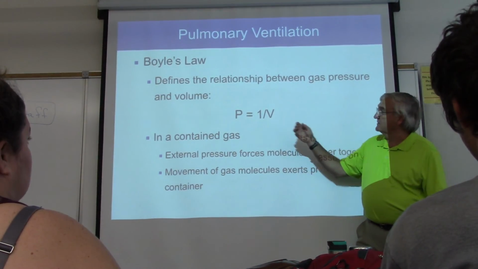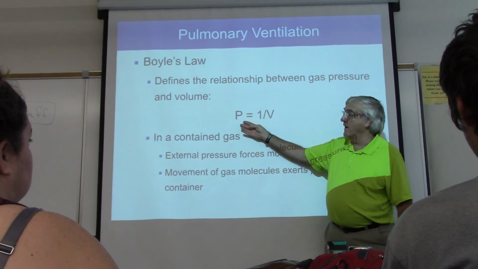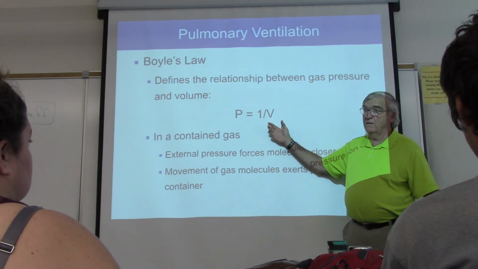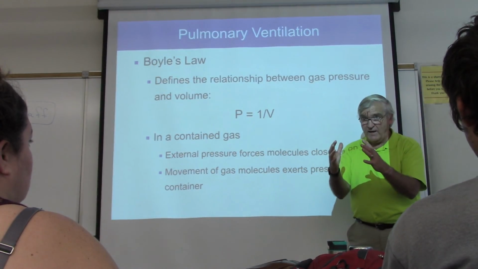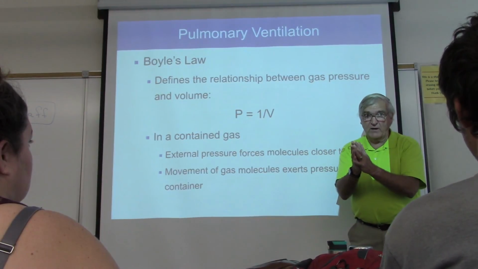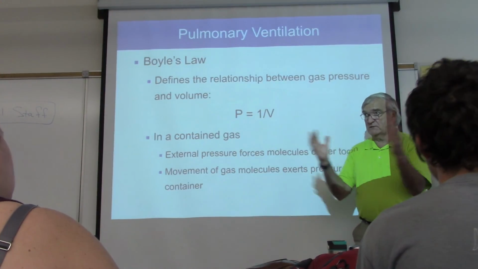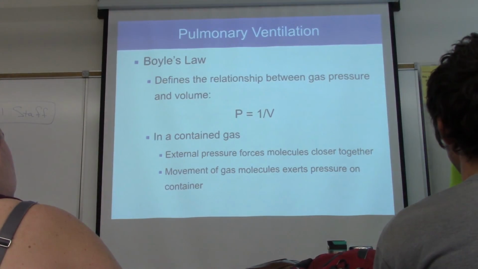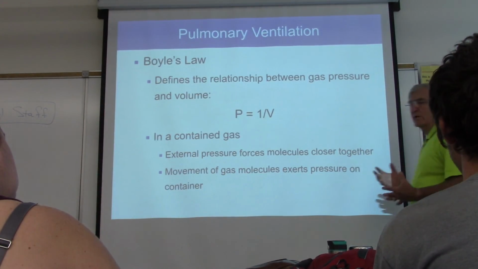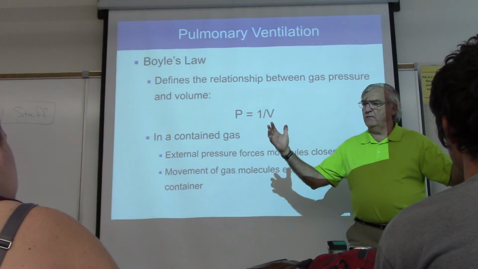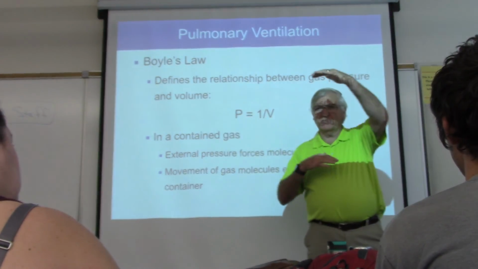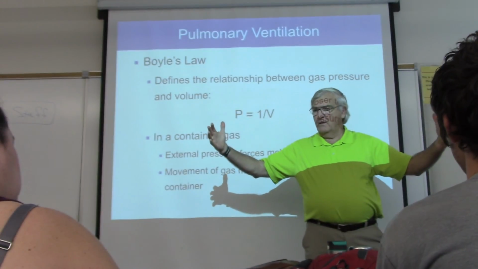Boyle's law says that pressure of any gas is inversely proportional to its volume. In other words, you can compress gas and make it more pressurized, but yet it takes up less volume. So, why does it work that way? Well, think about if there were 10 molecules of oxygen in this box right here, and I closed it